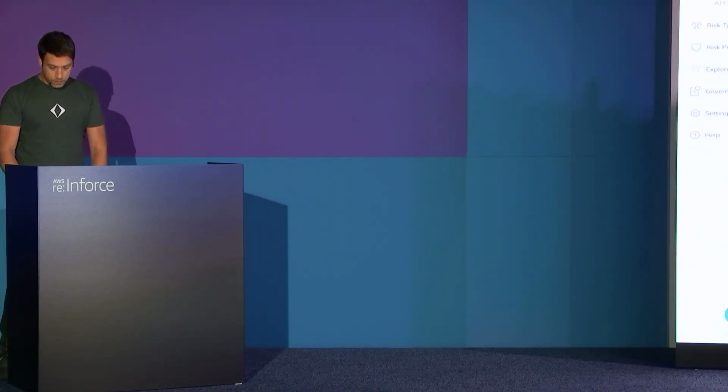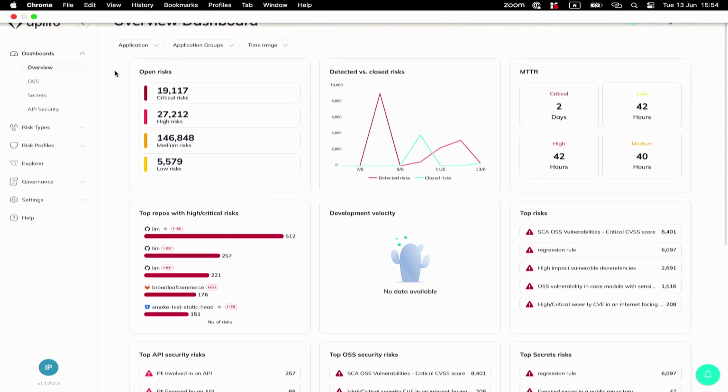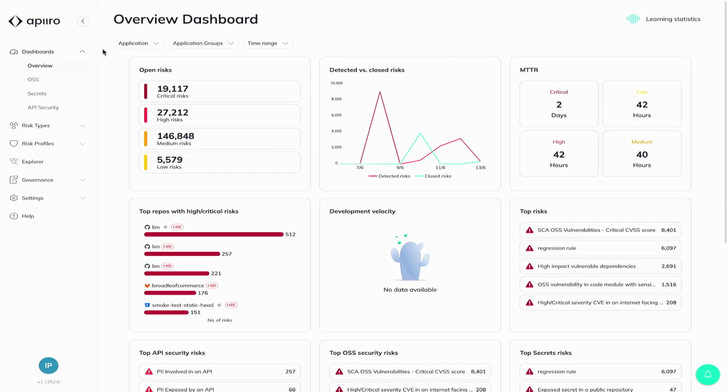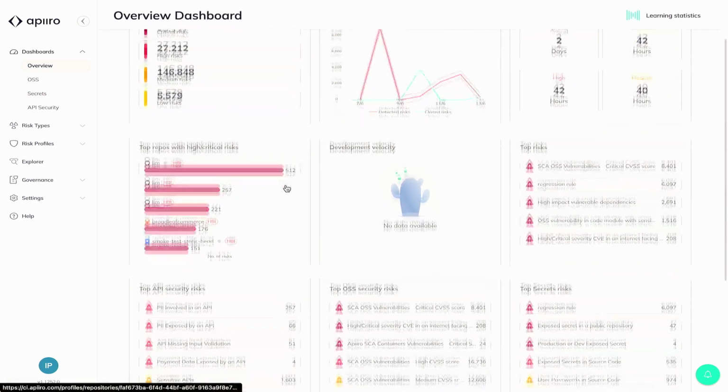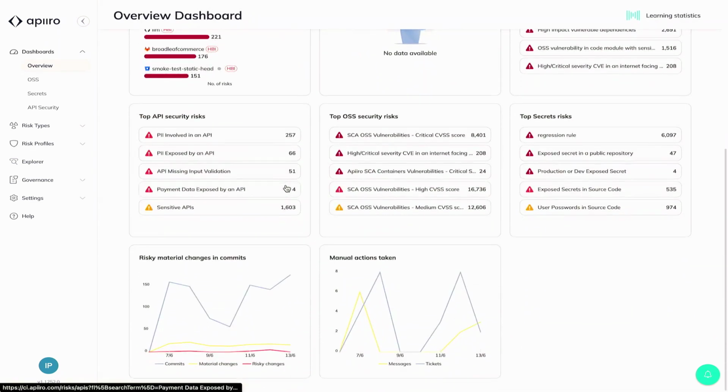So first, what I will show you here is the ability to measure the risk across your business units and across your application profiles. So you can see the open risk, the detected versus closed. We measure the mean time to remediation for every type, across the organization and every type of risk, like open source, secrets, and API security. You can see the top repositories with high and critical risks, and you can see the material changes versus the commits